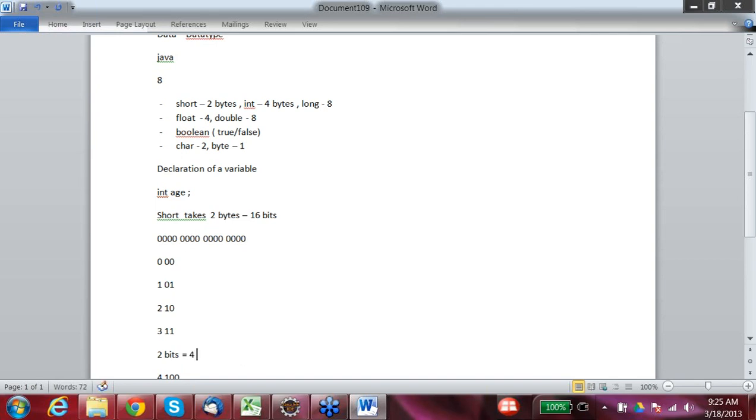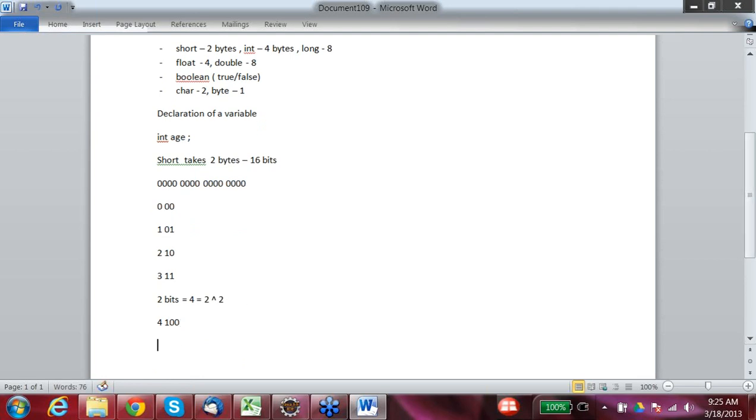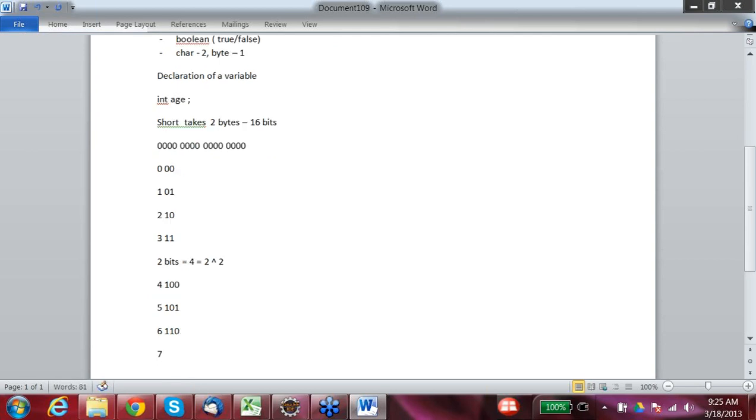I can store 4 combinations: 0 0, 0 1, 1 0, and 1 1. 4 combinations means 2 raised to the power 2. So 2 is basically the number of bits. Let's say for 3 bits, how many combinations could be there? 101 is 5, 110 is 6, and 111 is 7.